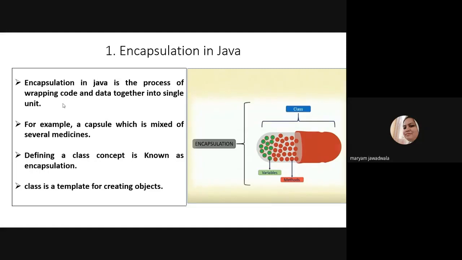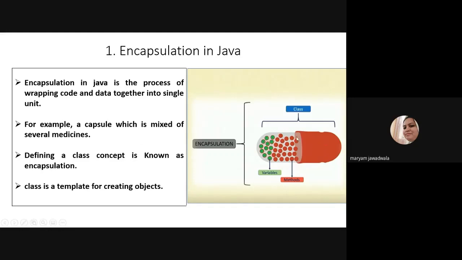So the first pillar of object-oriented programming is encapsulation. Encapsulation in Java is the process of wrapping code and data together into a single unit. You can assume a capsule which is a mixture of several medicines, right?